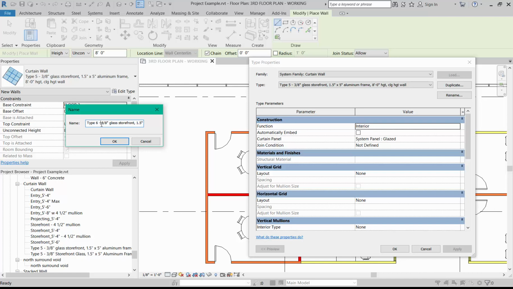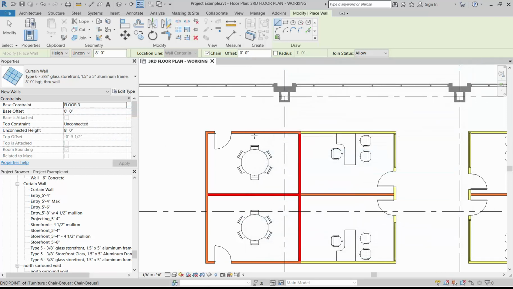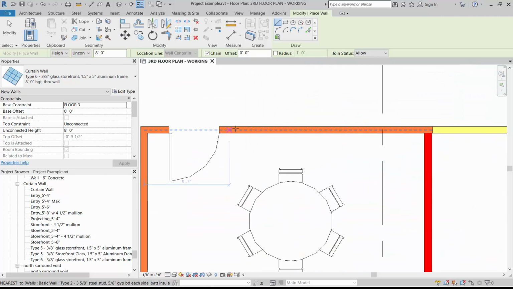So this is type 6, and this is going to be through wall, so it's going to go through the grid, and the wall is already like this, so I don't actually need to change anything anywhere in the structure. I'm just going to click OK, and then